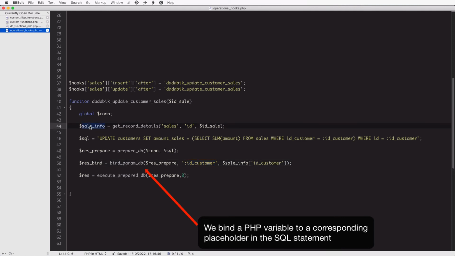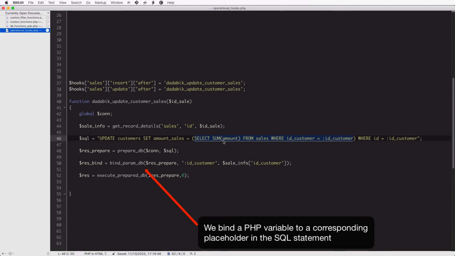Because the sale info, and this is what we get from get record details, is an associative array containing the values for all the fields of that sale. So sale info ID customer will contain the ID customer of the sale. So basically here we are saying for the customer having that ID, let's say that is ID 10, update amount sales using this value. And now we are analyzing this part.